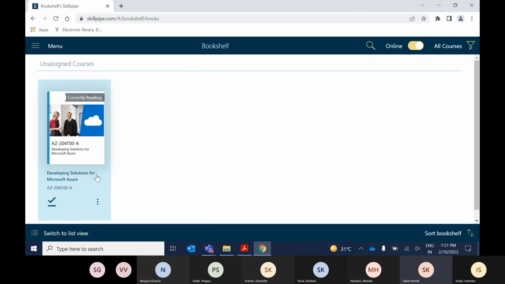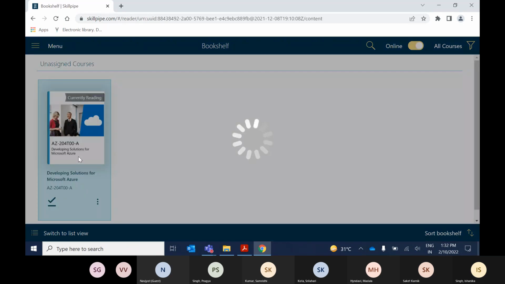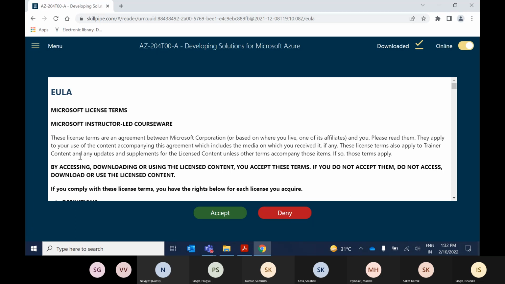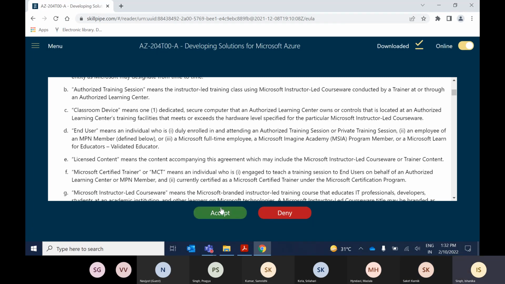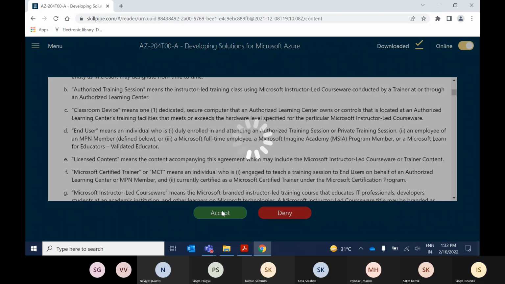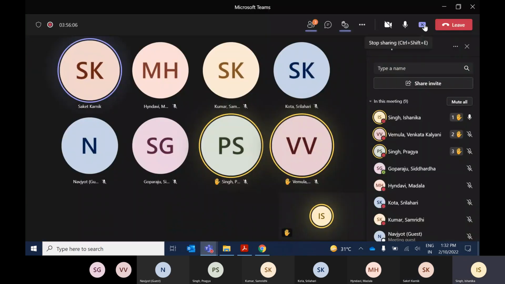Click on that three dots. Click on delete download. Okay, now click on that book. Can you refresh the page once? Accept. Okay. Yes, thank you.